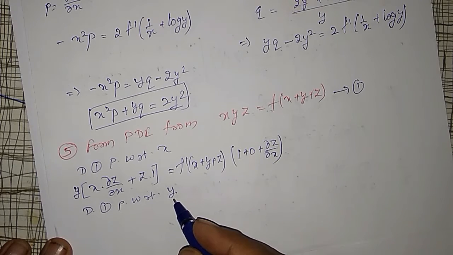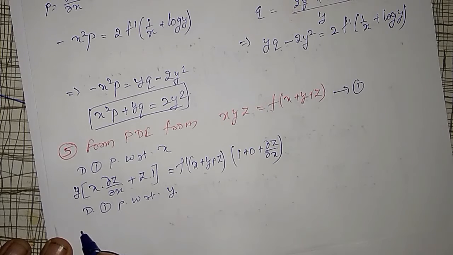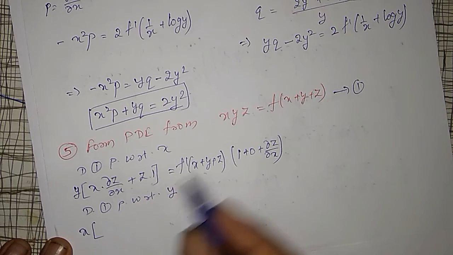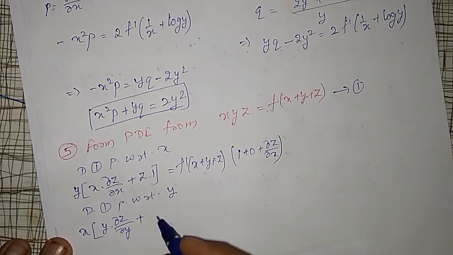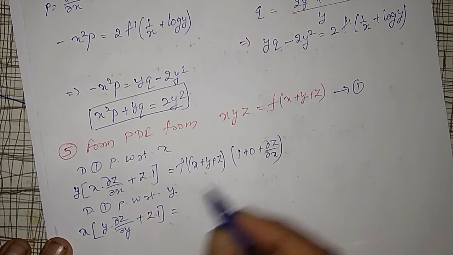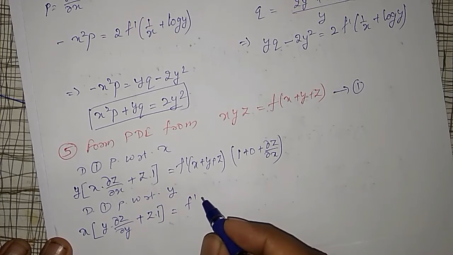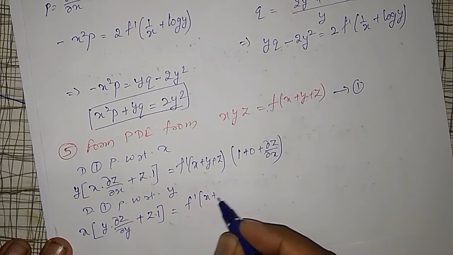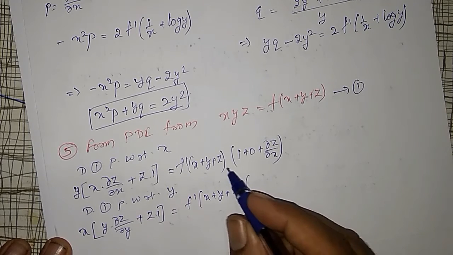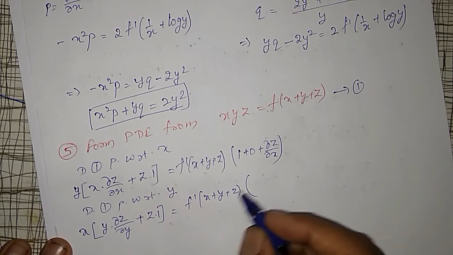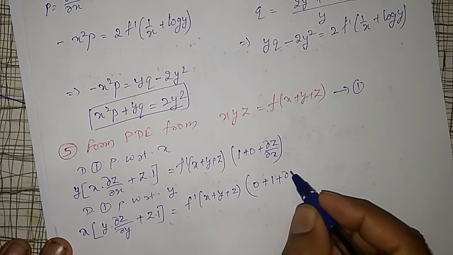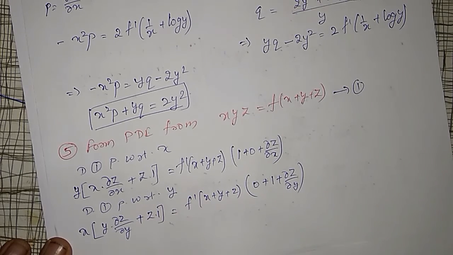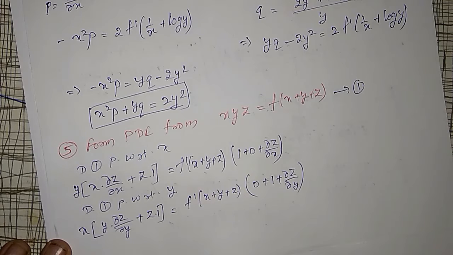While differentiating partially with respect to y, x is constant, therefore x into the bracket y into dou z by dou y plus z into 1, equal to the differentiation of the right hand side, which again becomes f dash of x plus y plus z into the differentiation of x plus y plus z, which becomes 0 plus 1 plus dou z by dou y. From these two I have to eliminate